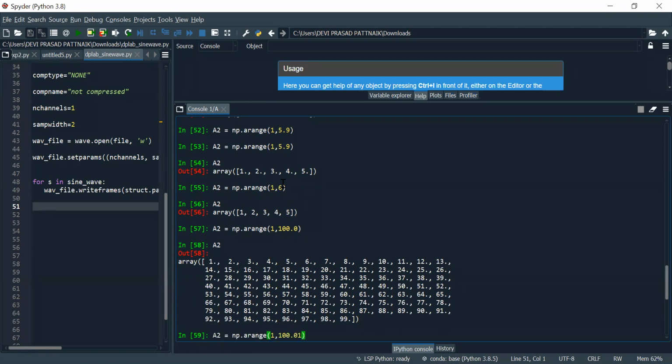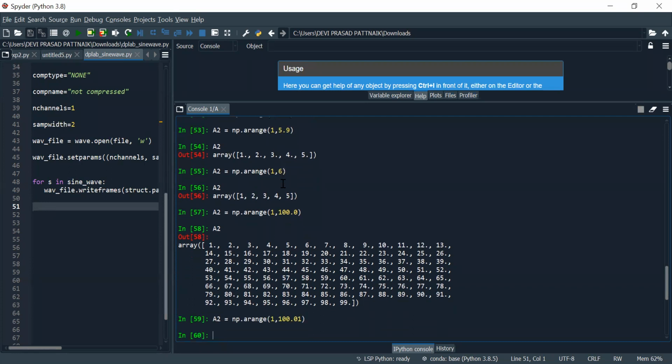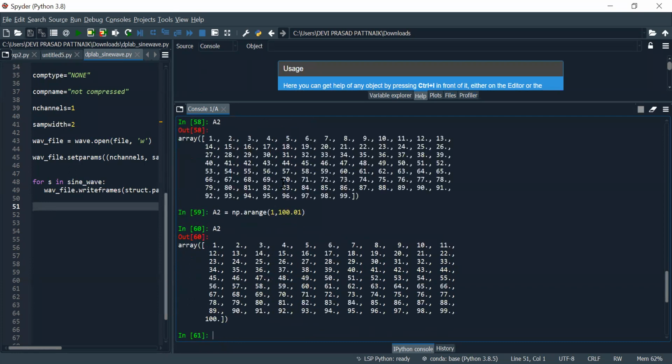So let's go one higher. I have written 100.01. So you can see the values from 1 to 100 are stored in a variable called A2, and the values are taken with an interval of 1.